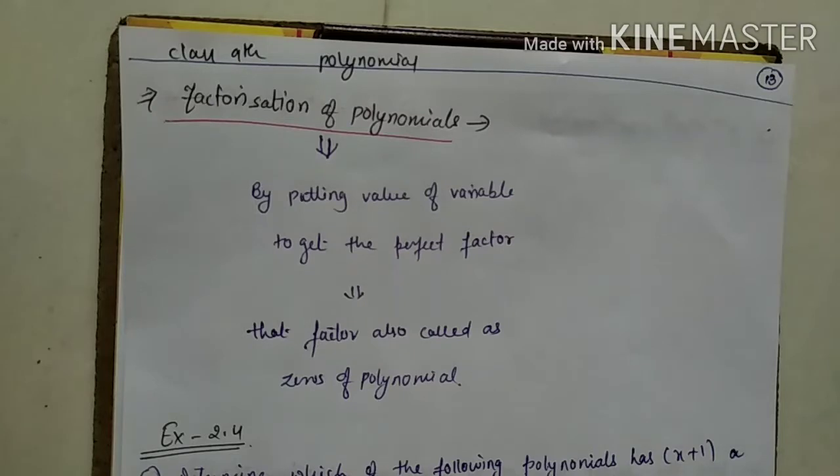The same as in this, we also have to do factorization, but in this there will be some variable, and whatever factors we get, after putting that factor into that equation we will get 0. That's why the factors of a polynomial are also considered zeros of the polynomial, because if we are not getting 0 by that factor, it means that factor does not suit that equation, or you can say it is not a factor for that equation. Is it clear? So now come to exercise 2.4 to understand more.